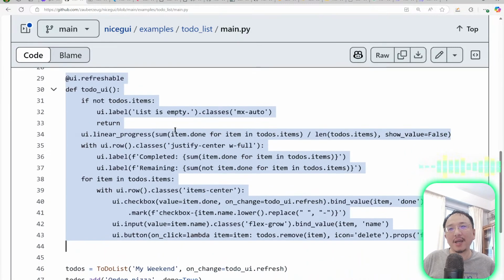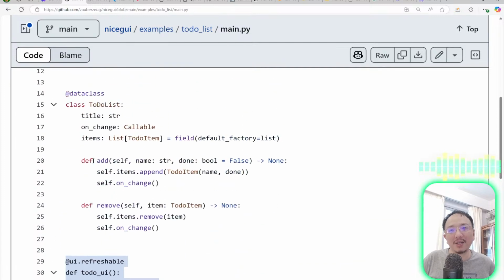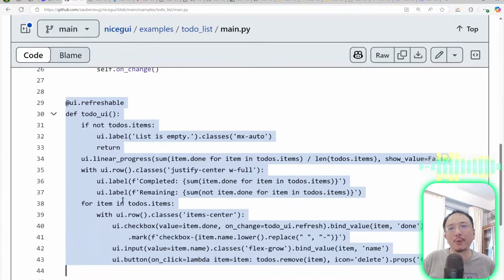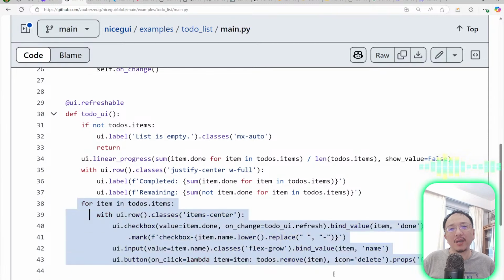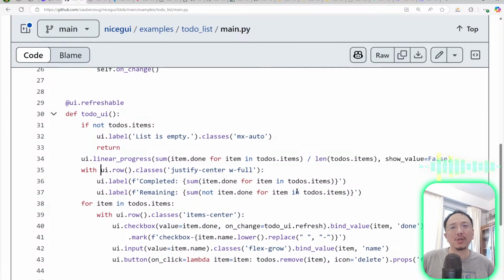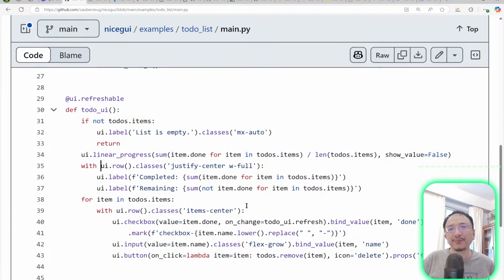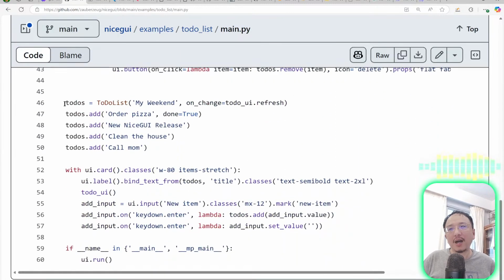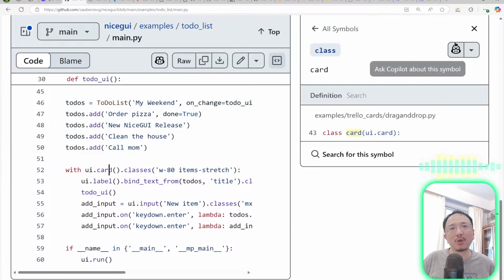If you read it, it is not as clear as the data code, but if you really read into it, you will see that it actually reflects the layout itself. So here is just the layout of the to-do list, and you have some labels to show the statistics. So it is still quite straightforward. Here is just some code to put the example items into the to-do list. And here is just some code for